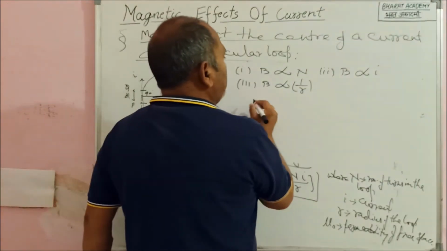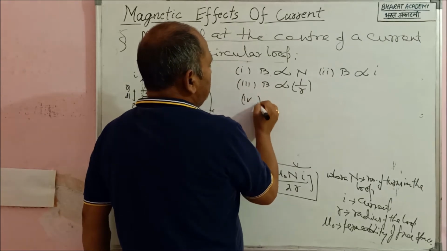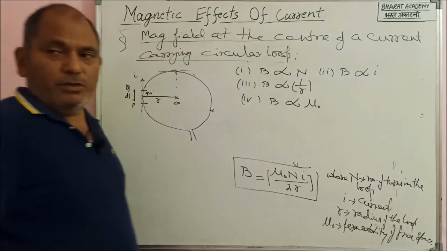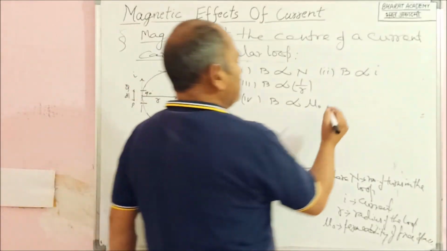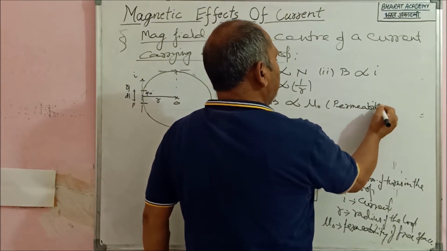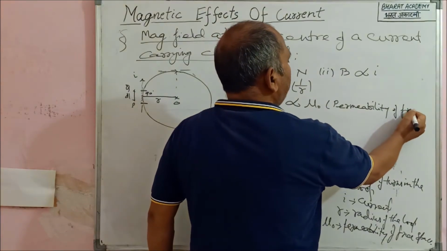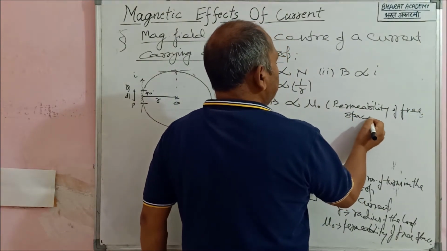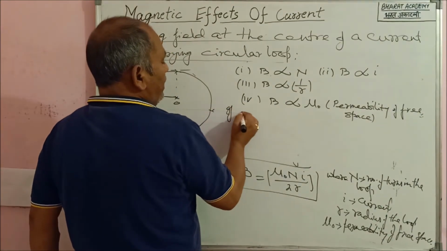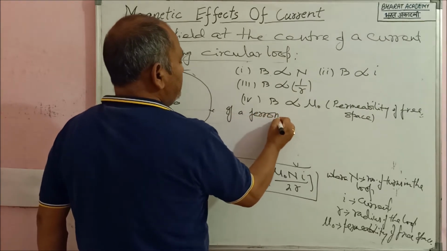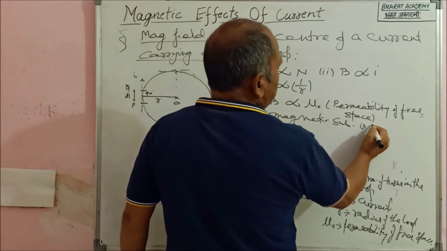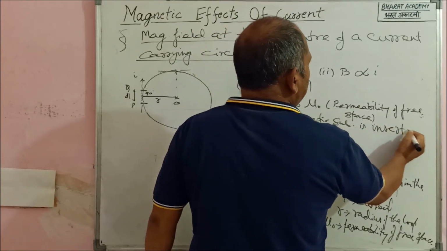But one key factor which they are asking nowadays is this one. B is directly proportional to mu 0. So what is mu 0 here? It is the permeability of free space. Now what sort of question are they raising? They are saying that if a ferromagnetic substance is inserted,